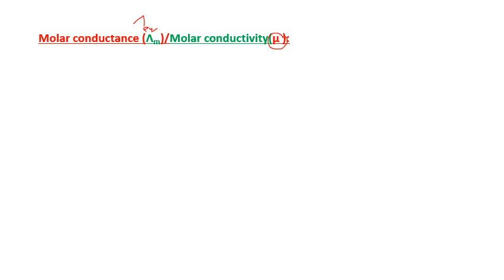Here also we say molar conductance. Generally we treat it as a single word, molar conductance and molar conductivity. Don't think that molar and molar get cancelled and conductance and conductivity are the same. Not like that. Molar conductance is nothing but molar conductivity. Remember always, general conductance is different from conductivity. Conductance and conductivity are not the same, but molar conductance and molar conductivity are the same, like equivalent conductance and equivalent conductivity.